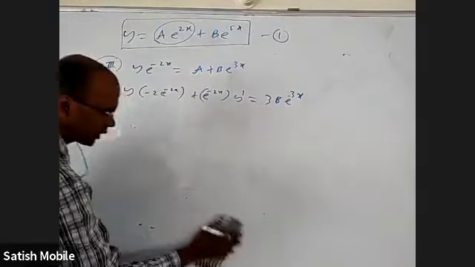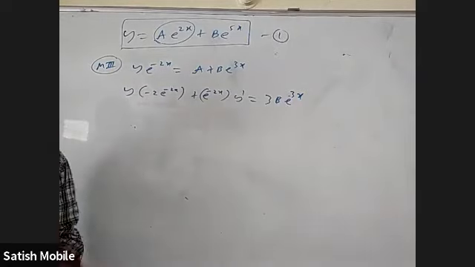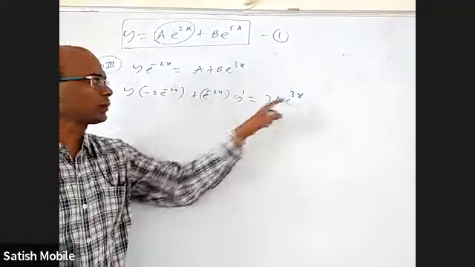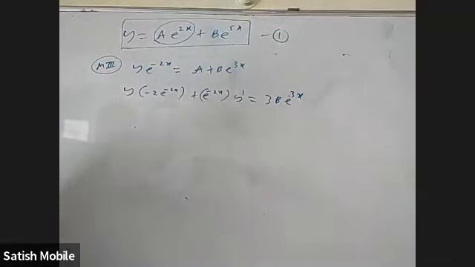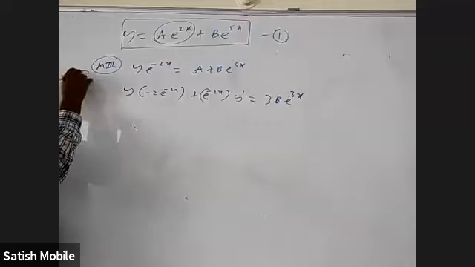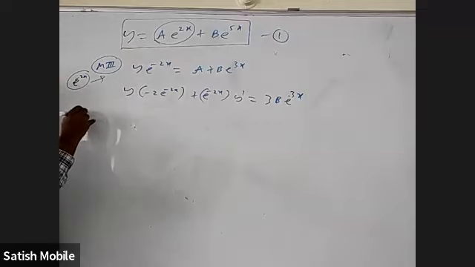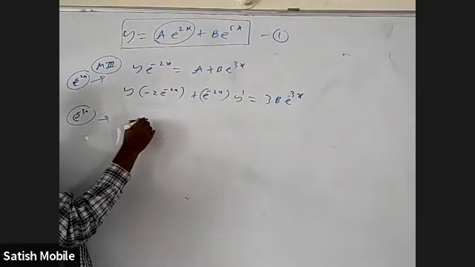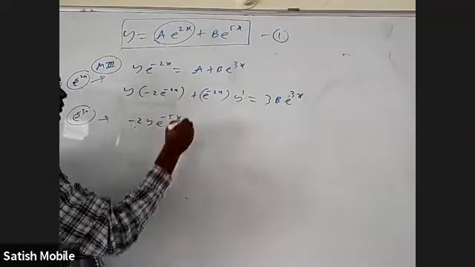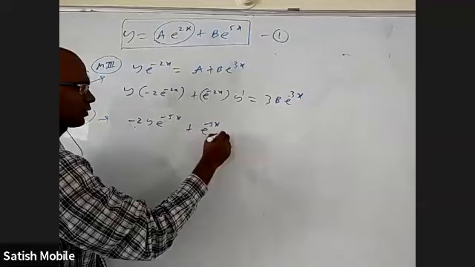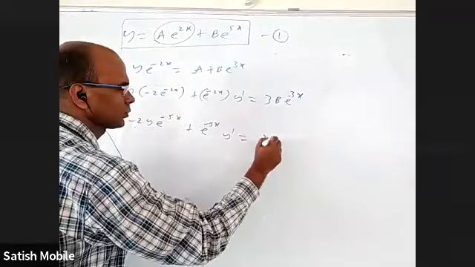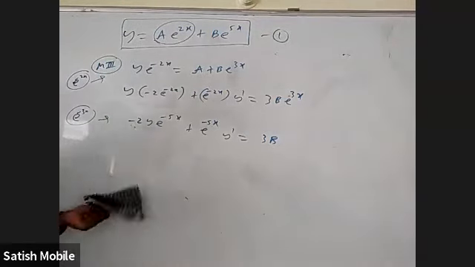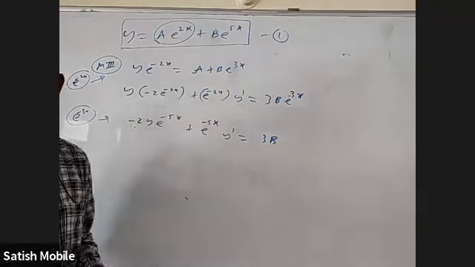Now, in the next step, I want B also to become 0 and I should get the answer. So I want to isolate B. So I want to multiply with e power minus 3x on both sides. Here I multiplied with e power minus 2x, now I multiply with e power minus 3x to remove this. Then this will become minus 2y e power minus 5x, this will become e power minus 5x into y dash, and this will become 3B. Now, when I differentiate, B will be gone, and I got a differential equation done.